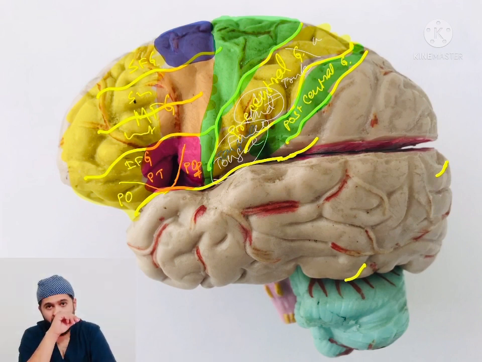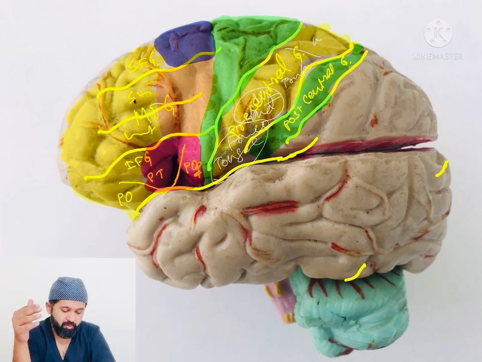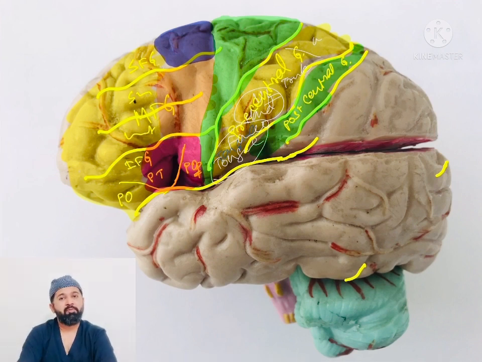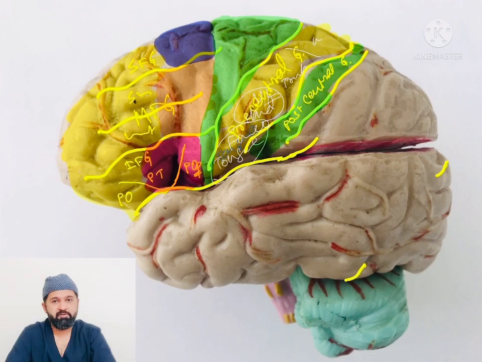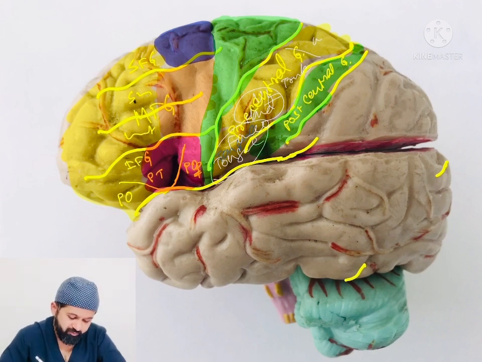So if the patient has a proprioceptive problem, or has a lesion in the sensory cortex, the patient again will not be able to perform the activity that the patient was used to, because the motor part is intact. There is no paralysis, the movements are normal, but the patient doesn't know where the hand was to actually produce that intended movement. So if you examine these patients, there will be no deficits, the power will be normal, but they will still not be able to perform those activities. So that is the primary sensory cortex.